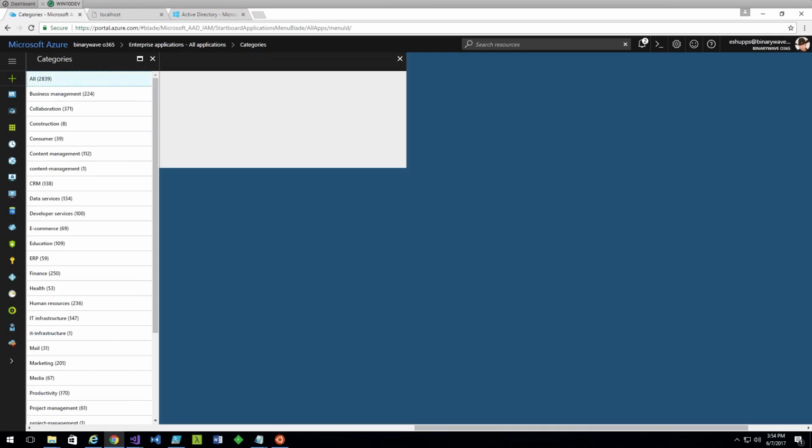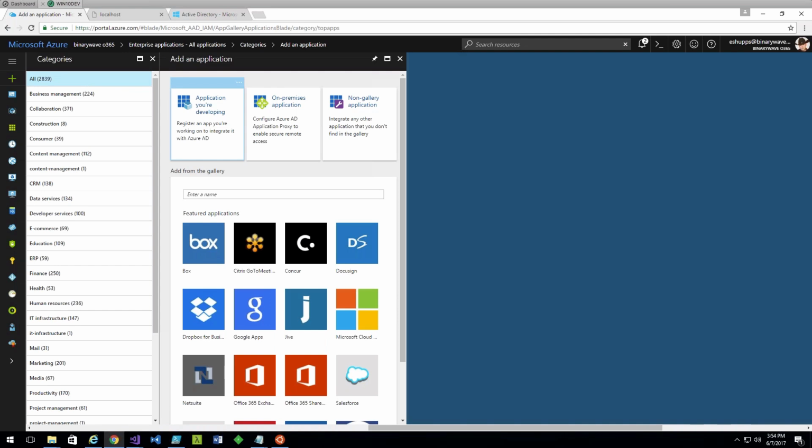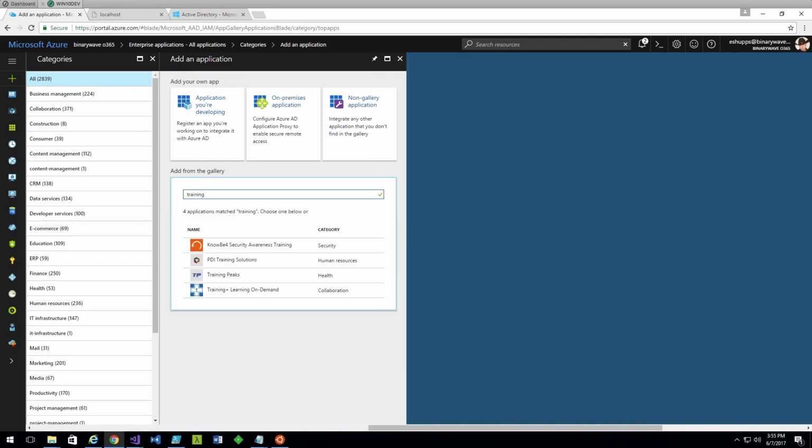All right. You could do all, and then you could do a search, for example. I'm not sure if this is in here yet. Training. There we go. There's Training Plus. So that would be your app, and users can add it in through there. Now, when they do that, it's going to be authorized for the domain, but it's not actually going to be applied to any users. They can't see it in the app launcher yet, which is a significant change, as I mentioned earlier, from the